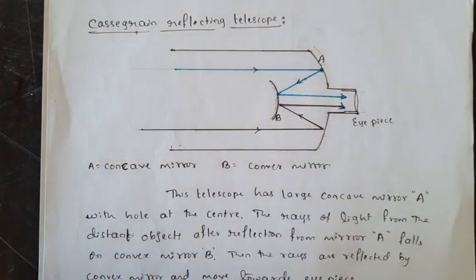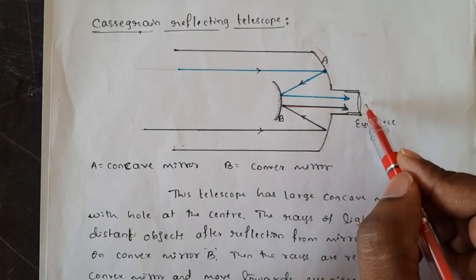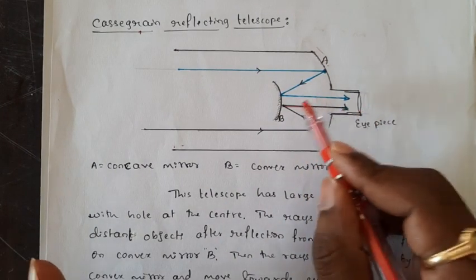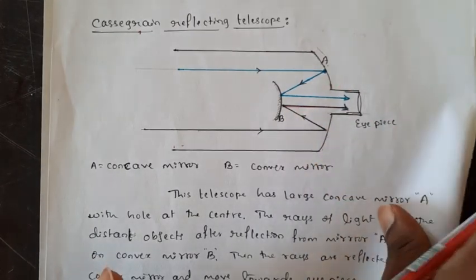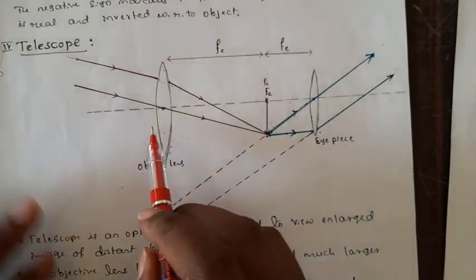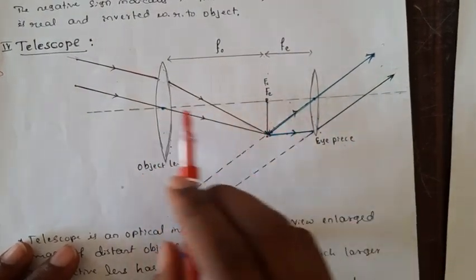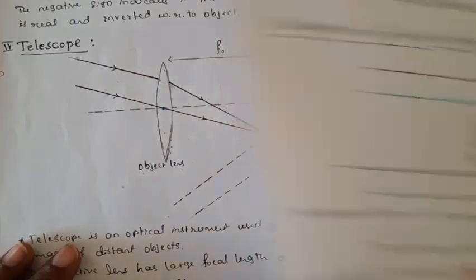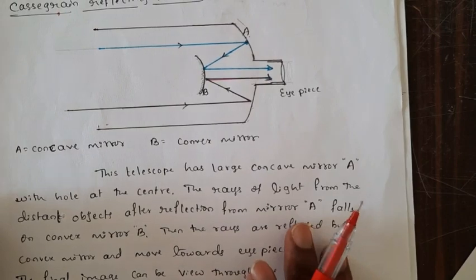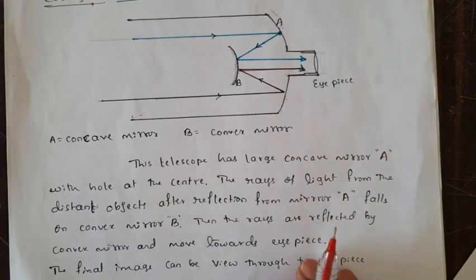Is it? Okay, why do we call it the reflecting telescope? Because here we are using mirrors and we get the magnified image as a result of two reflections. But in the first case, we were getting the image as a result of the refraction of two lenses. Refraction happens here and here, and we get the image. Here it is entirely due to reflection. This is called a reflecting telescope.